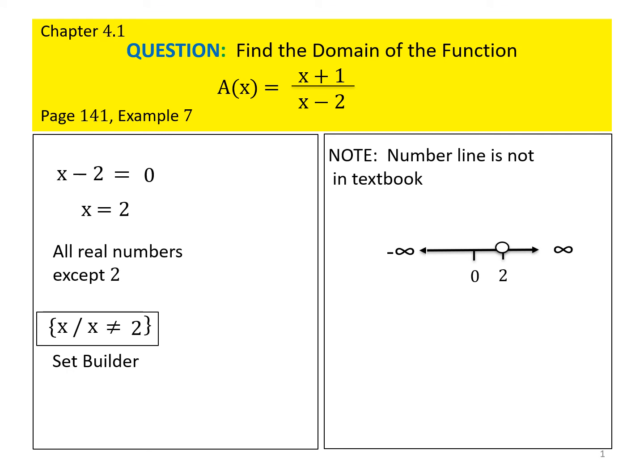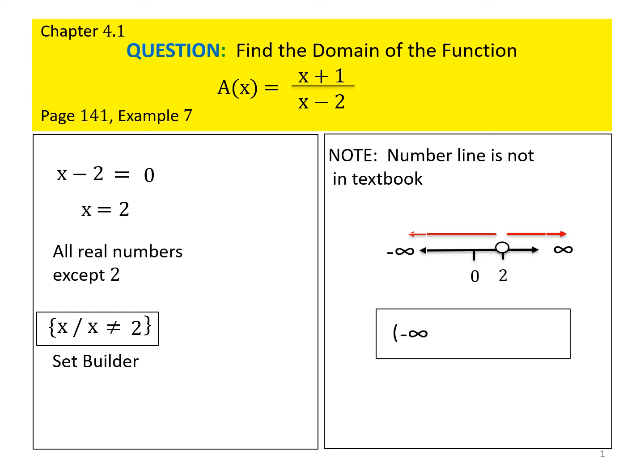The one thing the textbook does not show you is how to use the number line to help you find the interval notation. We're going to draw the number line, and plot the point 2, and show the empty circle. It cannot be the number 2, but it can be every other real number but 2. So we can't show interval notation just from negative infinity to infinity because we can't include the number 2. So you're going to show everything to the left of the number 2 and everything to the right of it.